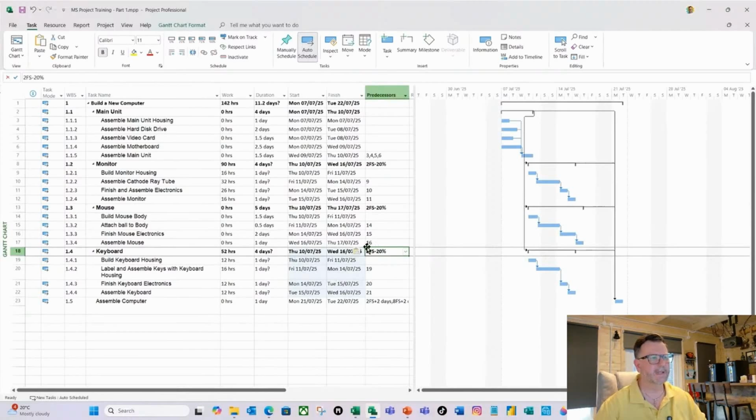Now, in here, you can see the task that's probably driving the 2-day lag at the moment is the mouse assembly here, because it's the longest one. Okay. So once you've done that,